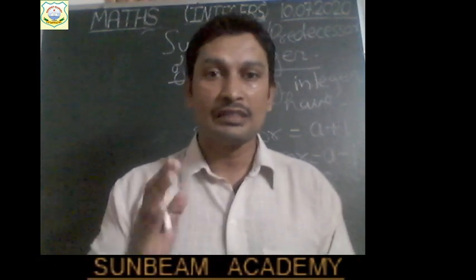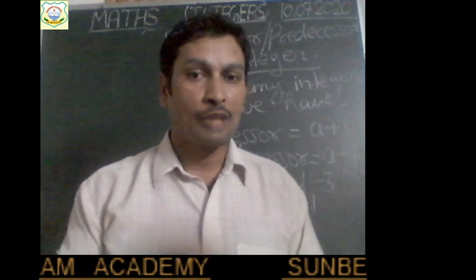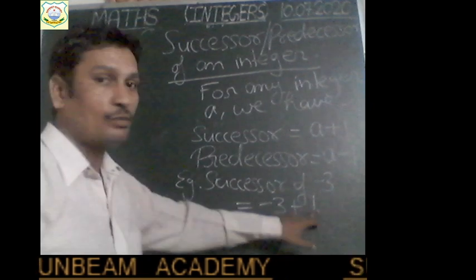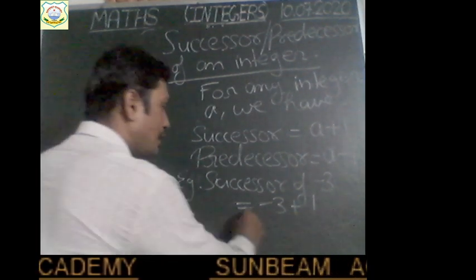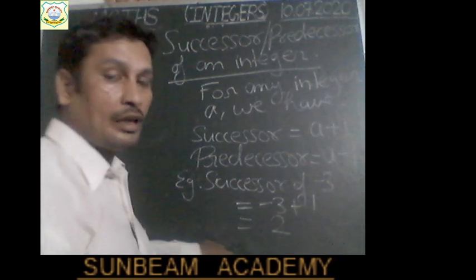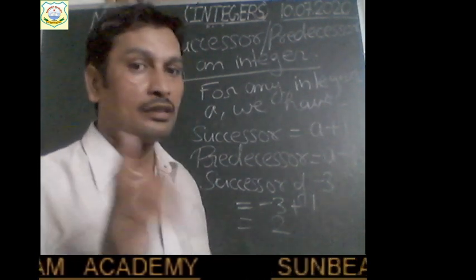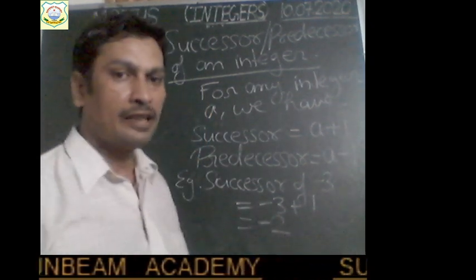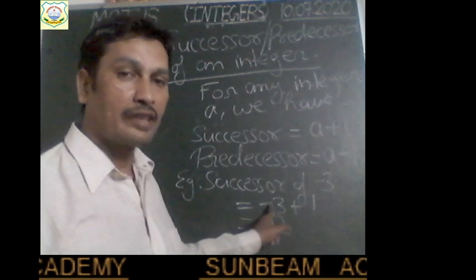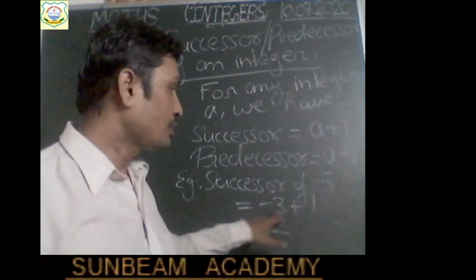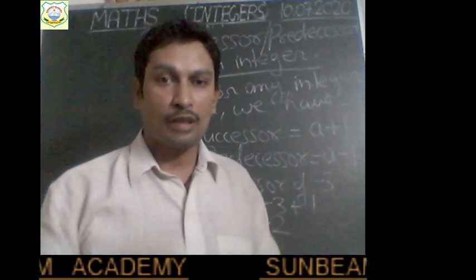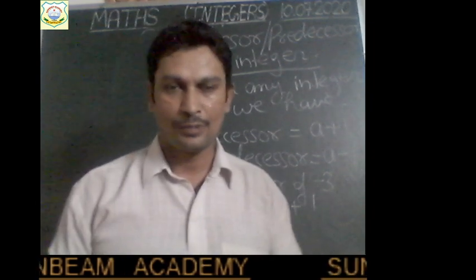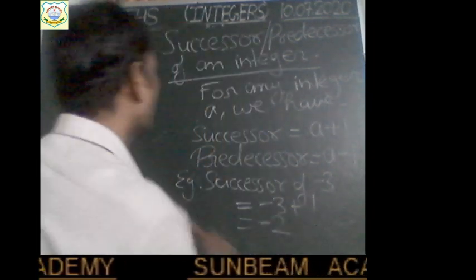So what we will do? We will subtract, not add. So it will not become 4, it will become 2, children. Okay. So 1 minus 3, from the smaller integer we are subtracting the greater integer. Then we subtract 2 and from smaller we are subtracting greater, so the result will be negative. So we will put a minus sign here. Right, children? Because negativity is higher, loss is greater than the profit. You have loss of 3 rupees and profit of 1 rupee only. So loss is greater. So overall you will have loss. So for loss you will put minus sign. Okay?